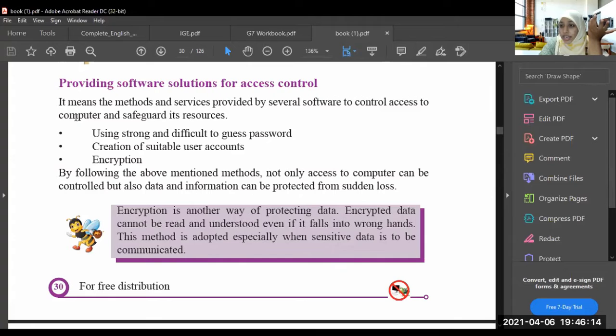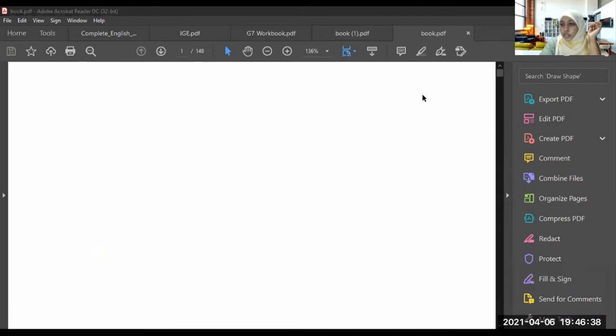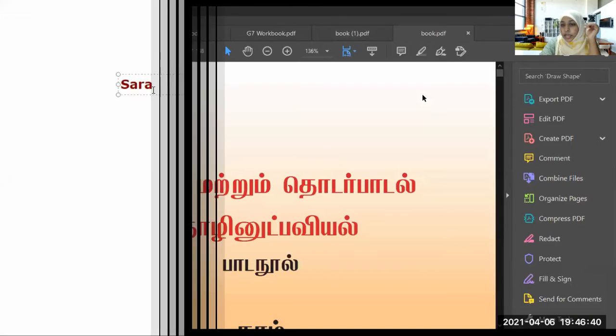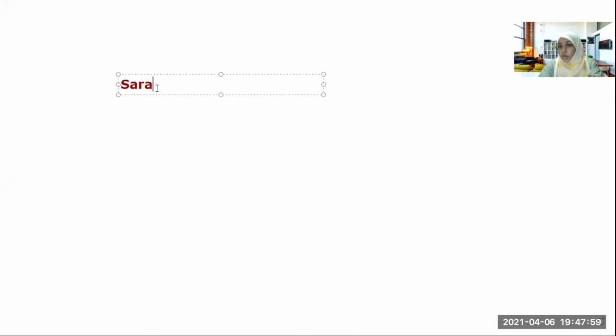If you can read it, you know the letters here, right? In this book, I will show you something. This is Sarah, one of my friends, but now we'll say like this, okay? Now I want to send this message, a message like Sarah, to Amal.